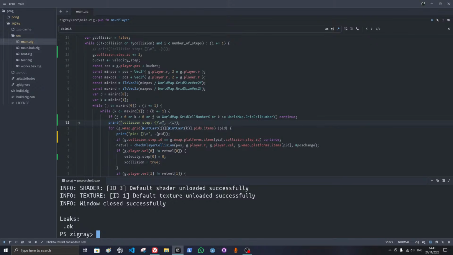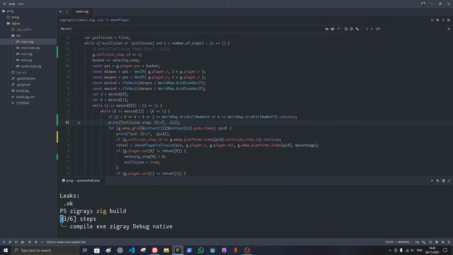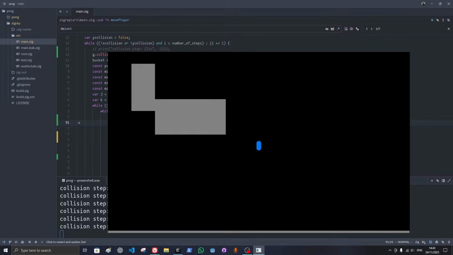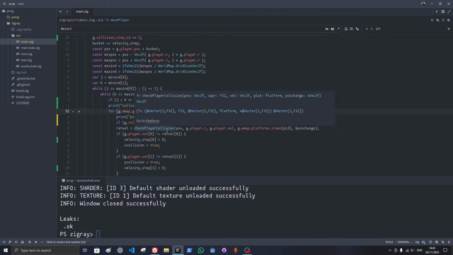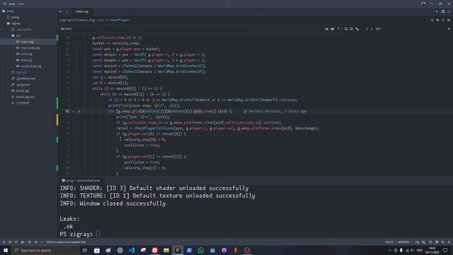Here. That also works. So the only thing that doesn't work is this one, which means the PIDs are empty, which is okay. In that case,